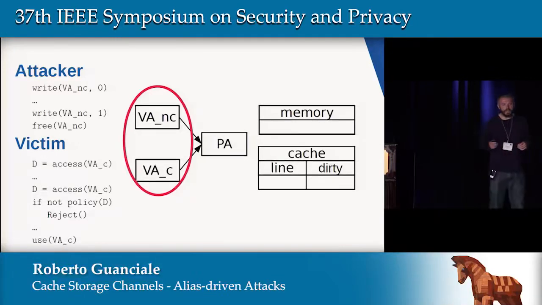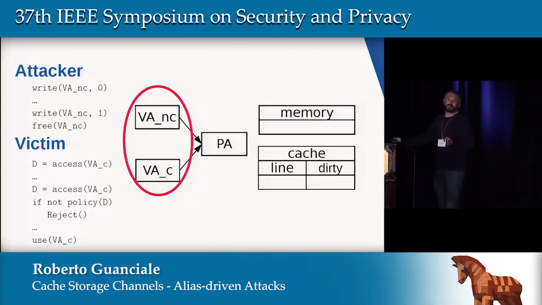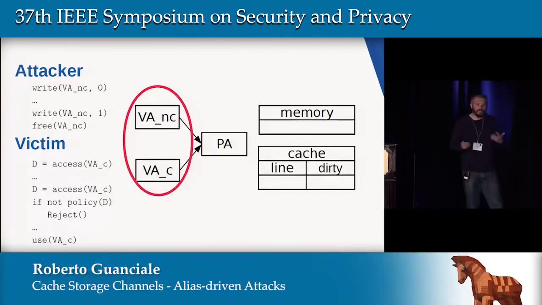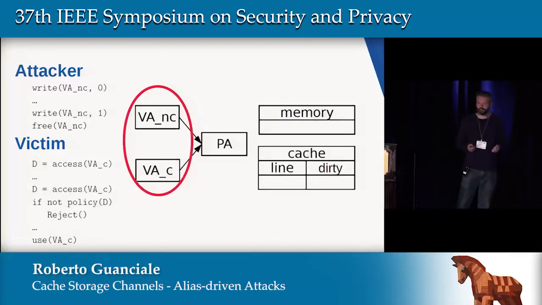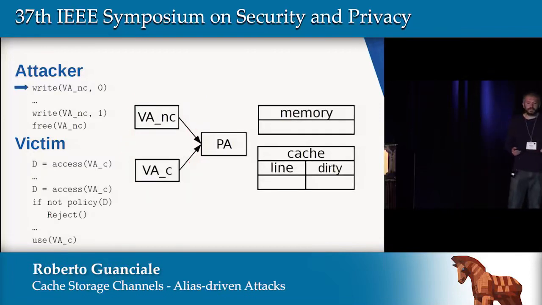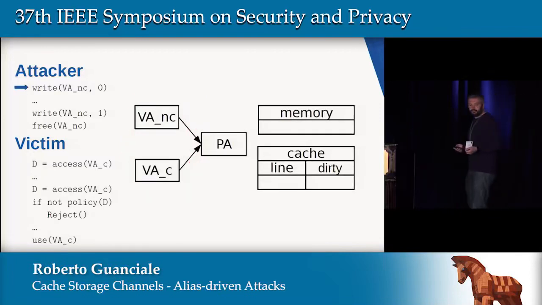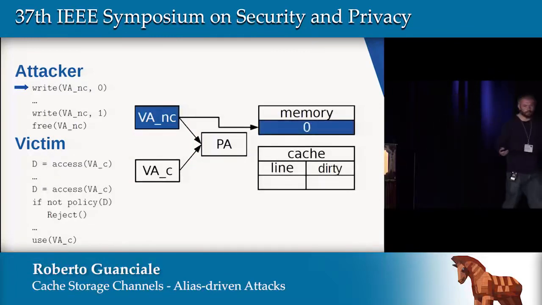Additionally, here, the parameters of this critical function are passed using memory. So there is a transfer of memory on chip from the attacker to the victim. Initially, both the attacker and the victim share this part of memory, but later on, the victim will remove the attacker's mapping, allowing the victim to be the only player capable of accessing this part of memory. So the attacker uses a non-cacheable alias. It writes 0 using this virtual memory. This is not cacheable, so we directly write 0 into the memory. We completely bypass the cache, obviously.